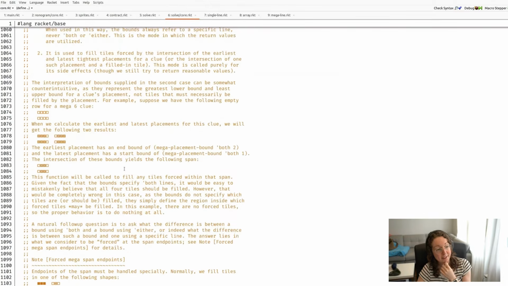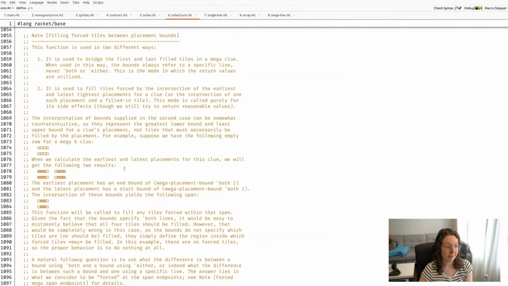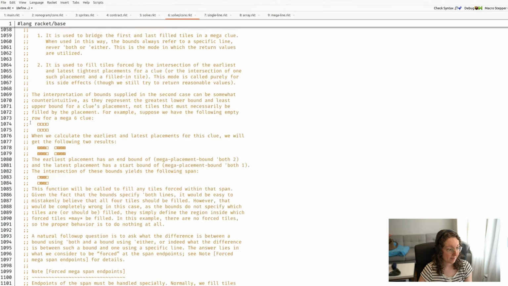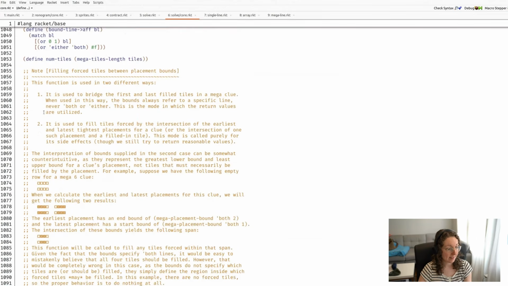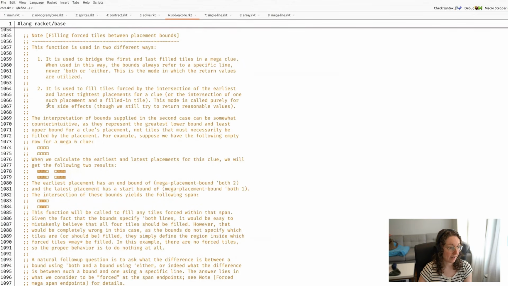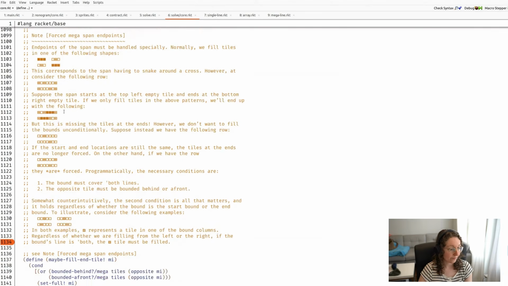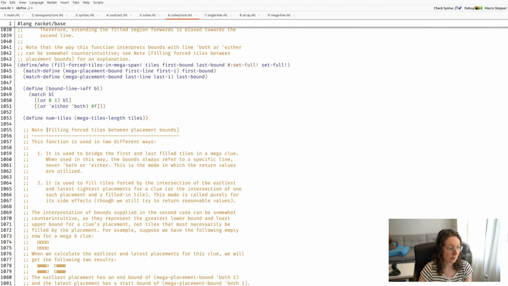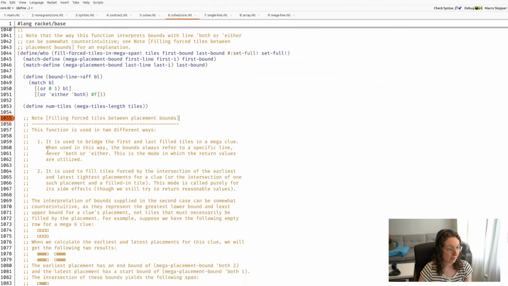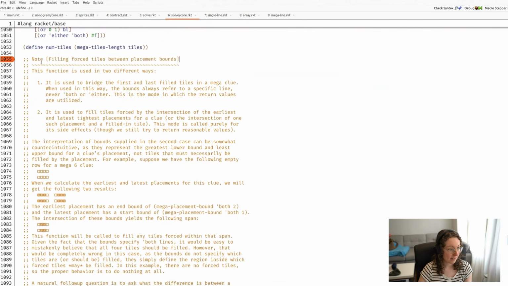I think definitely the Megaline solver was a lot of fun. It's very complex, and I'm showing this comment because it's a good illustration of how complicated it is. Here's a case where these are just helper functions, which are used in the solver. And this is saying, so we have a function here, which is used to do two different things. It's used to bridge the first and last filled tiles in a mega clue, which is to say, if you